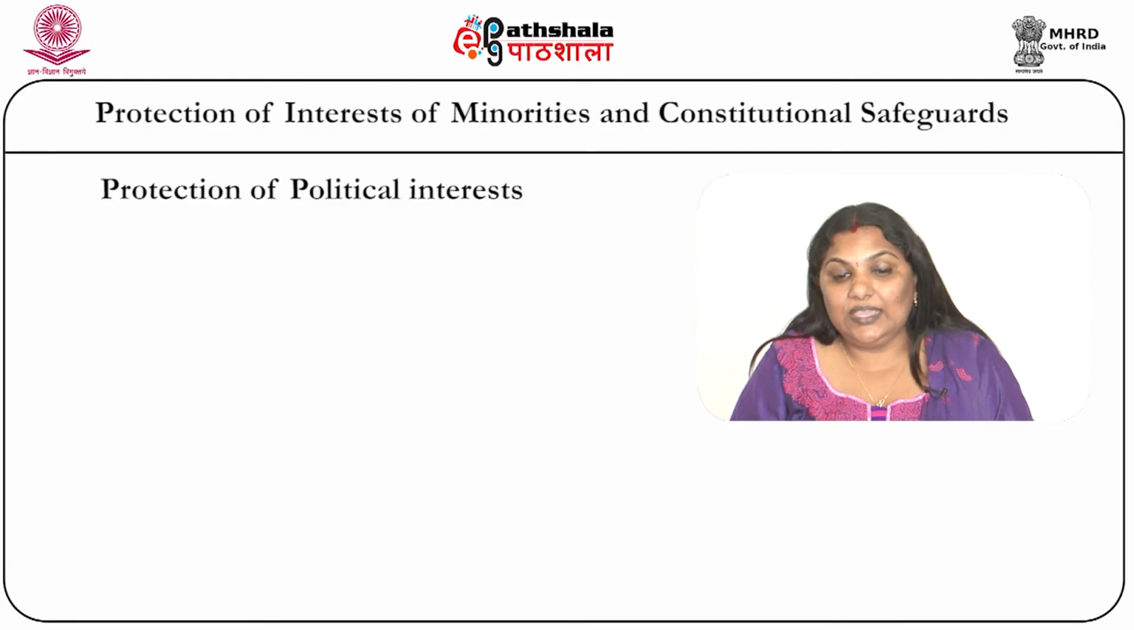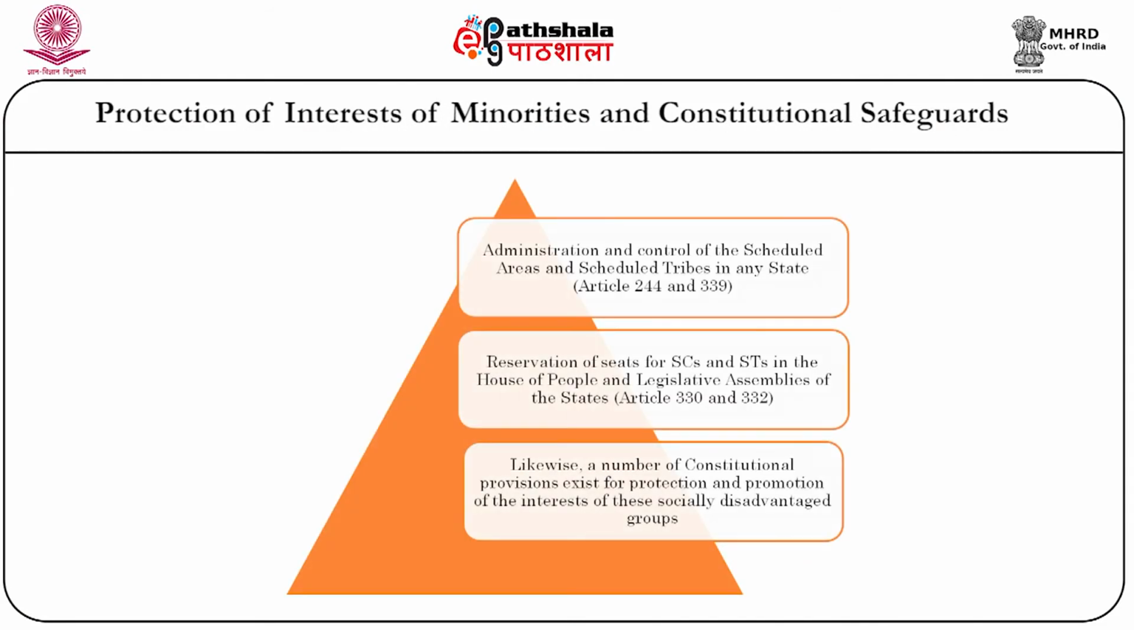Moving on to the last area, the protection of political interest, we will first see Articles 224 and 339 of the Indian Constitution, which talk about administration and control of the scheduled areas. These are very important articles, by which we reserve seats for SCs and STs, and in the present scenario, after the 73rd and the 74th amendments, seats have been reserved for SCs and STs also in the municipalities and Panchayati Raj institutions so that the political interest can be safeguarded